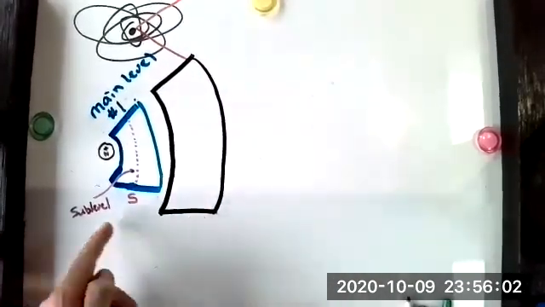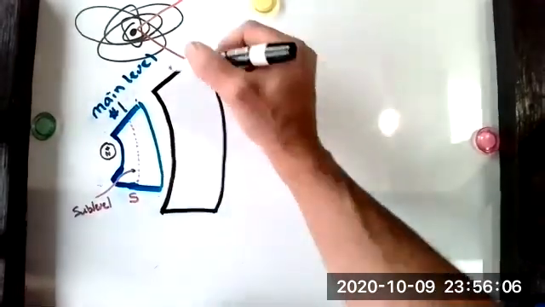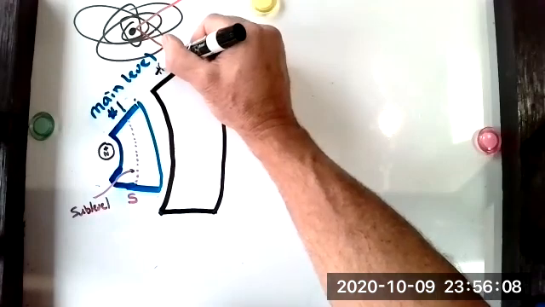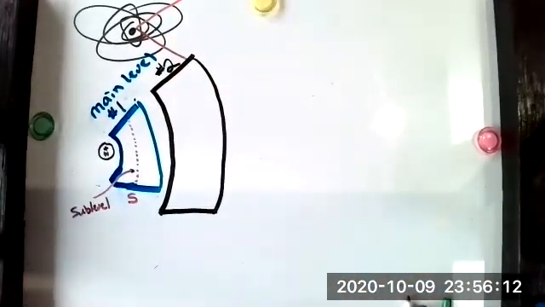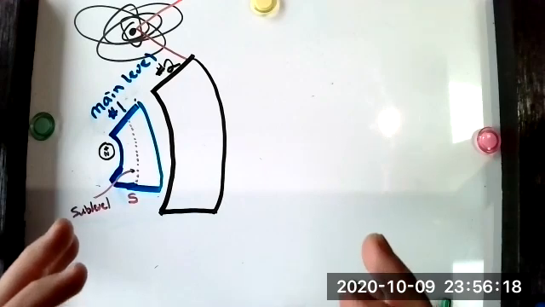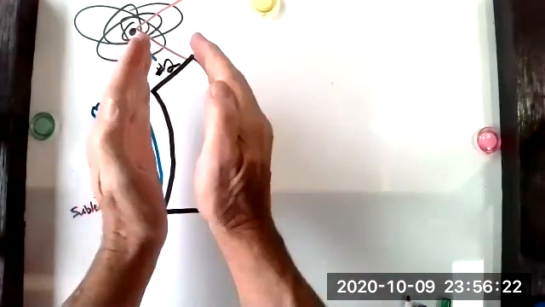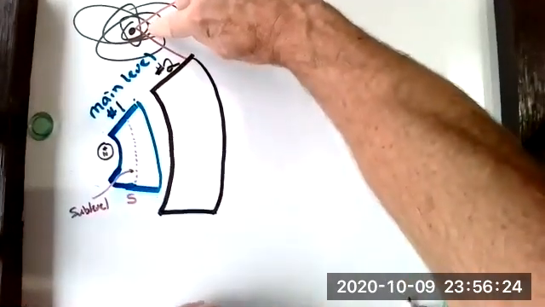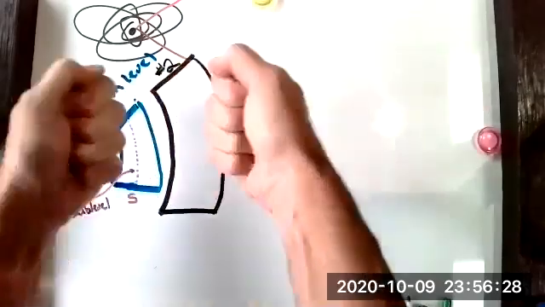And remember, it does go all the way around, but I only need to draw just a sliver of it. That being the second major area where electrons can hang out, they called it main level number 2. If, and it's a big if, I know you can't, but if you could look at main level number 2, this guy right there, if you could somehow magically open it up and look inside,